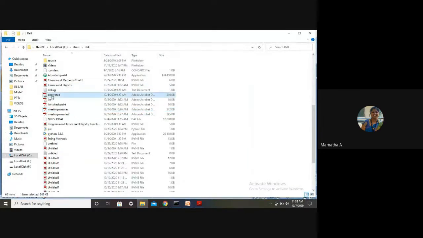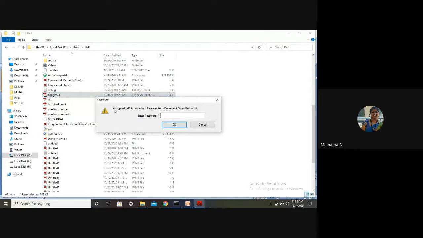I have a file named encrypted. As I told you, you have to store all your files in your current working directory. I have told you how the current working directory is to be found out. And you should download these PDF files from the link which I told you in the last class. I'll share it today also. You can just see this. Can you see my screen, students?